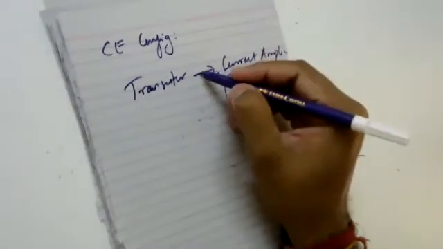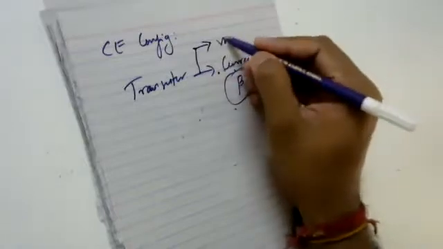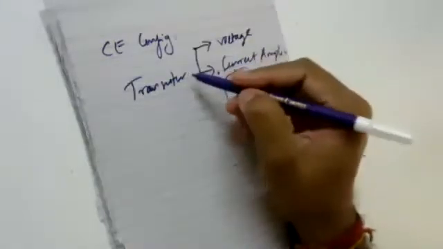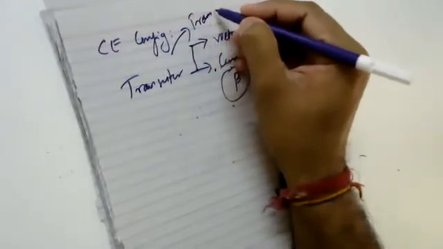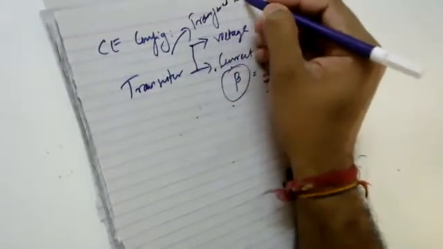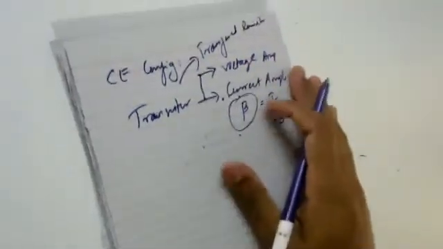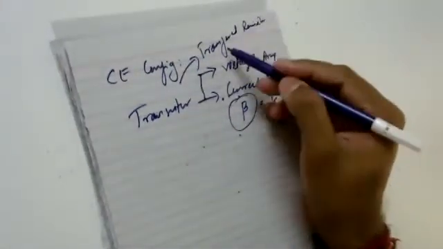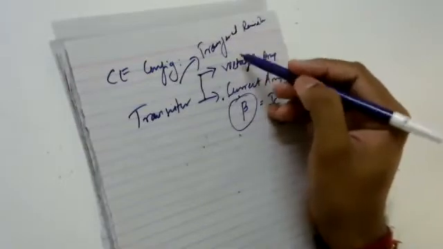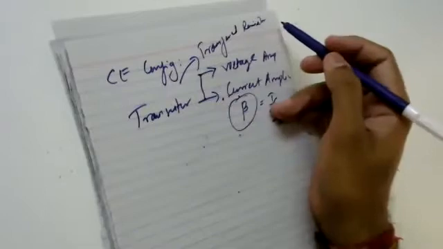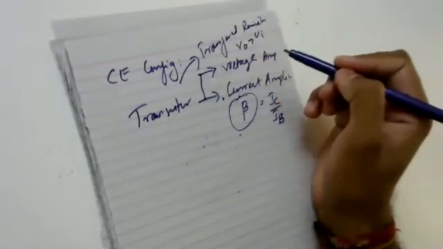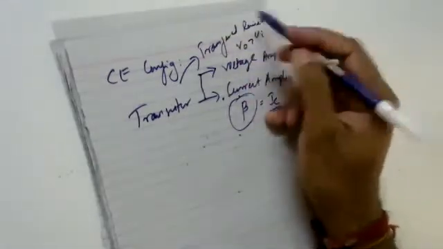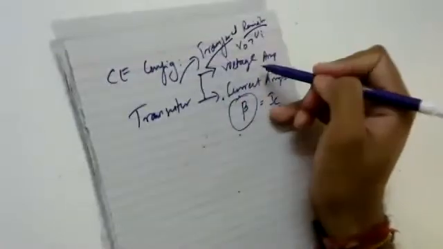However, by default your transistor will work like a voltage amplifier because of the simple concept of transfer resistance. I hope you remember my introduction video. In case of transfer resistance, since your input resistance is less and output resistance is high, because of that, your output voltage will always be greater than your input voltage. So here voltage amplification happens by default because of the concept of transfer resistance.